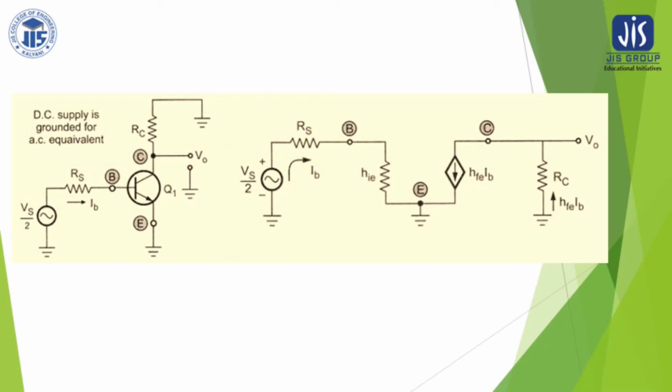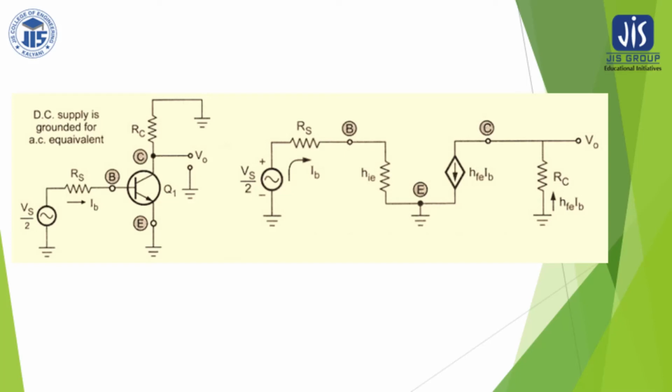Now if we calculate the same thing for the transistor Q2, what will happen? For Q2, your applied input voltage is minus V by 2. So it will be minus, and it is plus for the first transistor. Therefore your VBE is nothing but minus V by 2, and thereafter you can get all these equations. So this equation will not be negative, it will be positive, so your VO2 becomes positive. For VO1 what we have got, for VO2 we are getting the same thing with the polarity inverted.